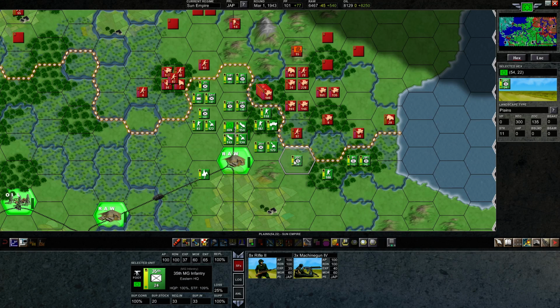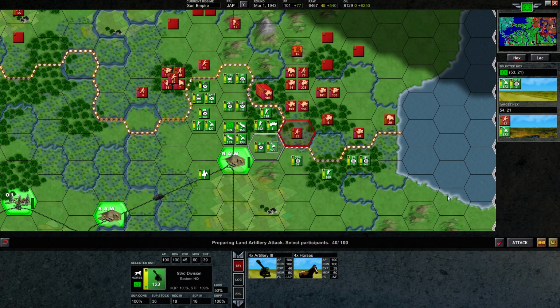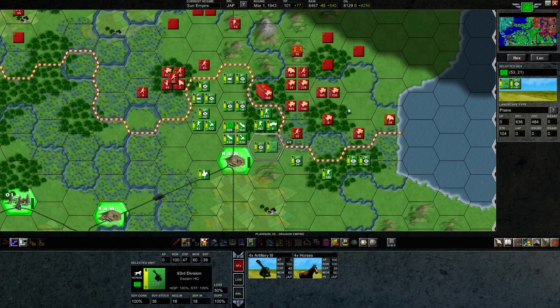Because, I mean, 24 combat value is pretty small, and they're already at 100% readiness, so without being reinforced, they won't grow in combat strength. So let's just go ahead and start off by bombarding these guys, to try to disincentivize them from attacking next turn, because I already have this unit